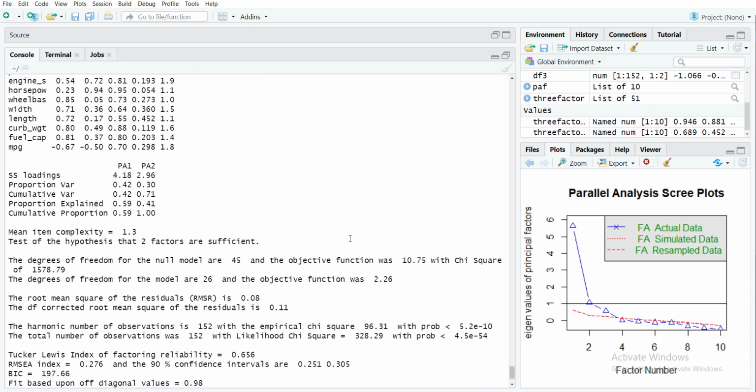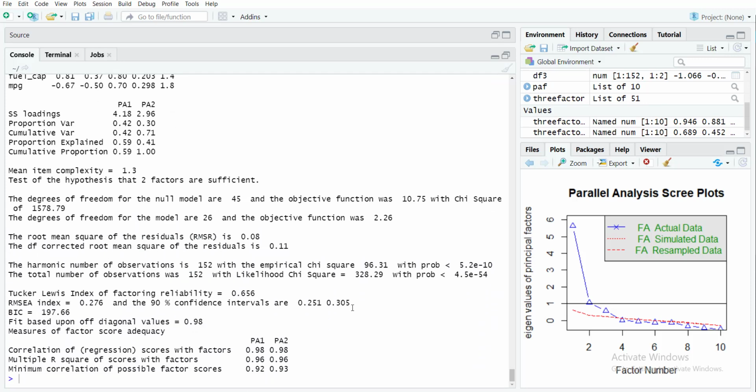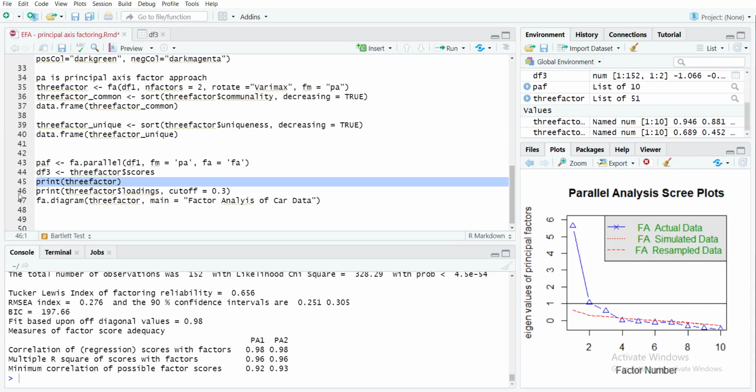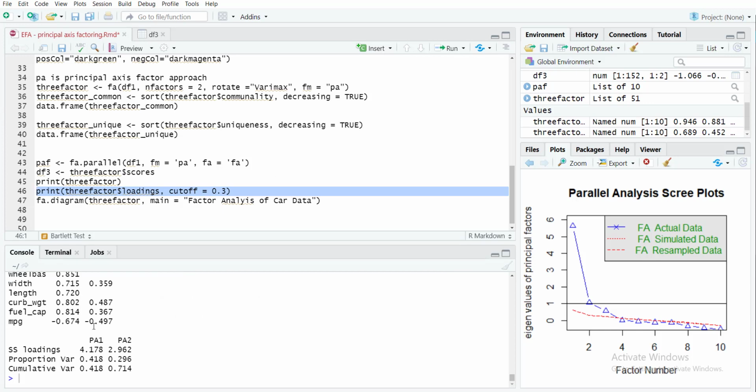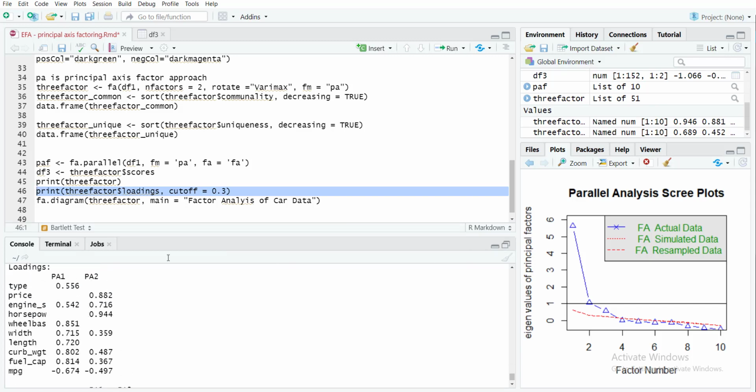Similarly, there are a few tests as shown here, like the factor reliability test. And then we'll go towards the graph to see further. So we can do the factor graph. Print 3 factor loadings. Let's do it again. Let's see where it is. Yes, so it's a table.